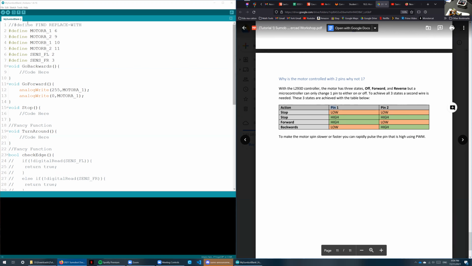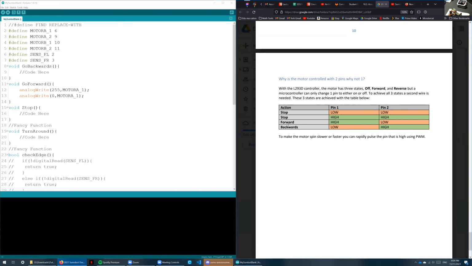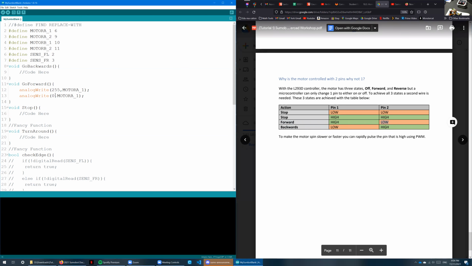So pin 1, aka motor A1, and then pin 2, motor A2, we need to have a difference for it to go forward or backwards. Pin 1 high, pin 2 low. So in this case, high is any number from 1 to 255, and then low is 0. So we need to have at least one of these 0. And then, of course, we just need to copy and paste this for the next one,